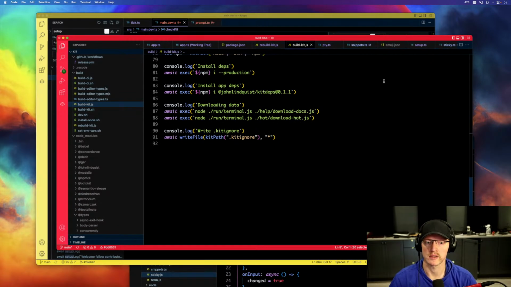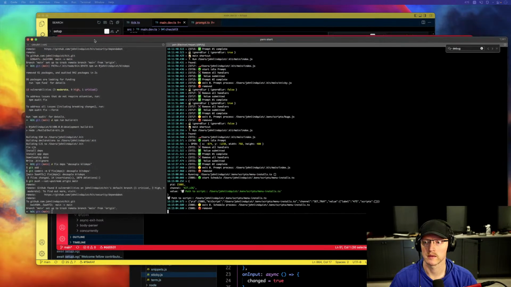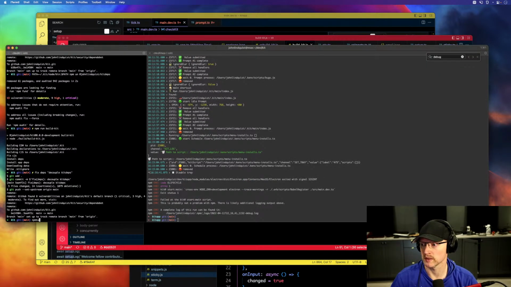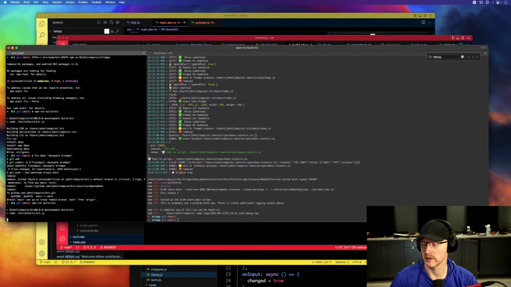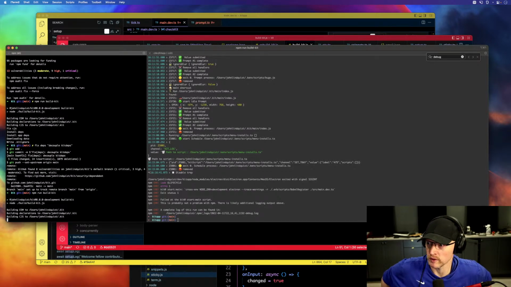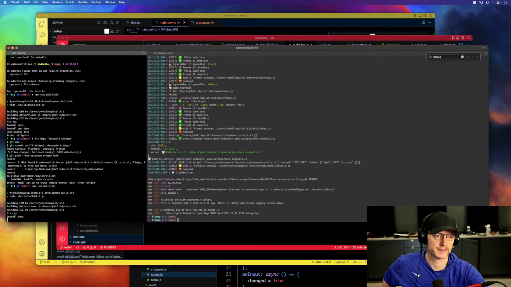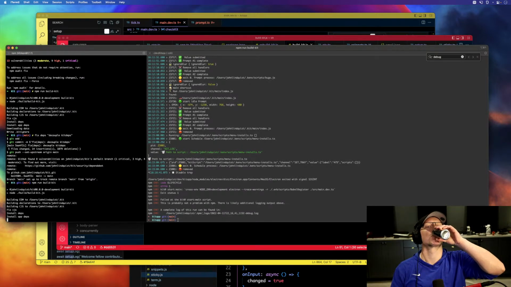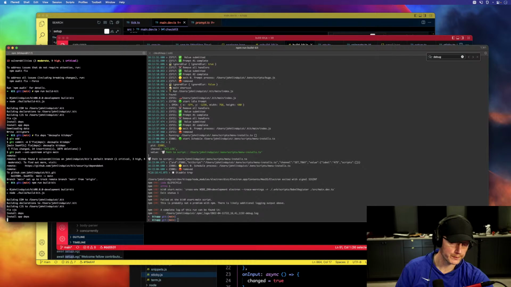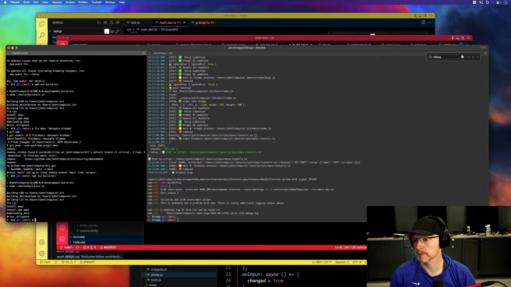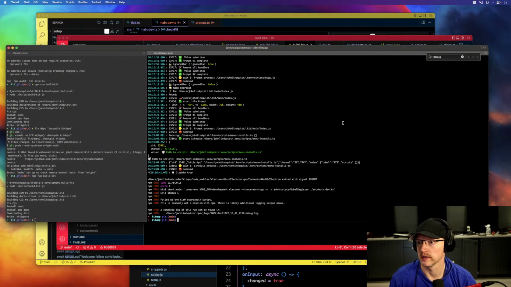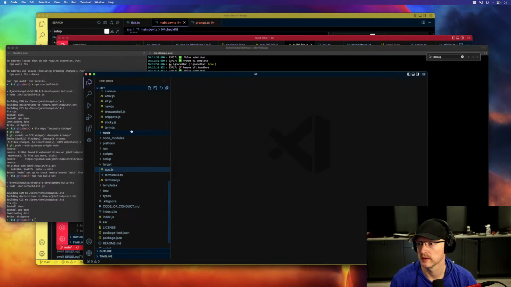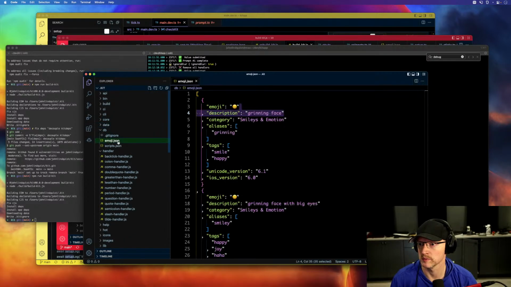Let me check something. So cancel that. I'm gonna run a build on the SDK. That text is tiny, but all it says is run build. And see if it keeps the emoji DB in there. All right, so this was rebuilt, and in the DB it does have emoji DB,